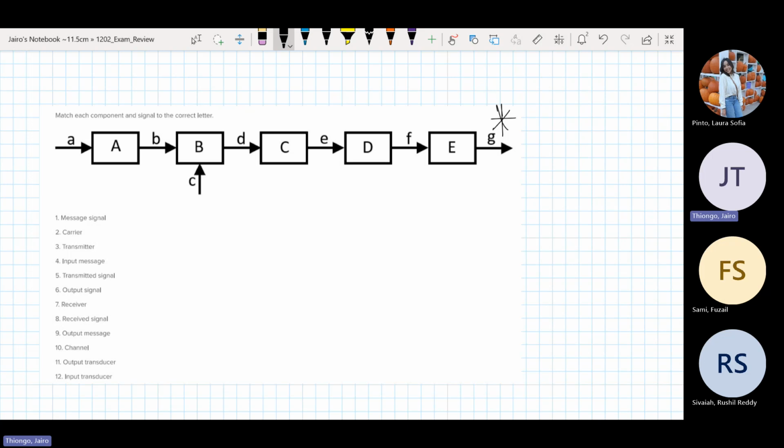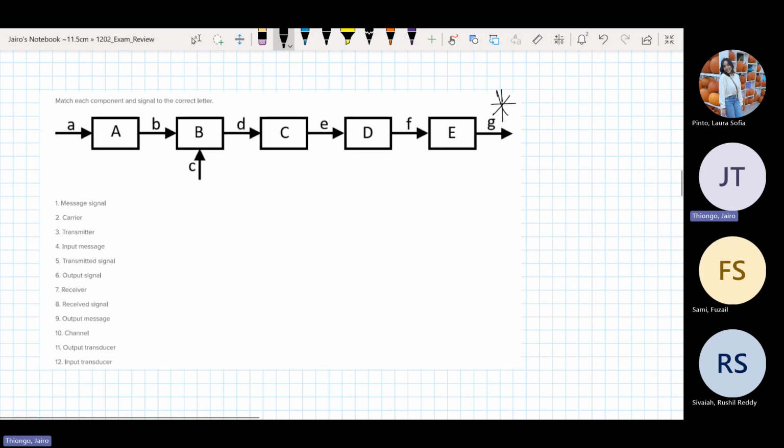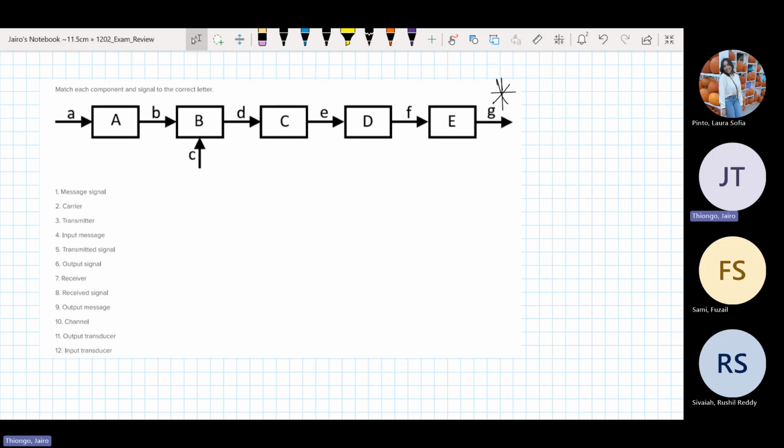So basically what you have to do is fill in what A, B, C, D, and all these other letters stand for. And this is a very important question. It's definitely going to be on the test. Sorry, I'm not the one setting the exam, so I'm not saying it's going to be on the test, but it's something to study for, since it has a lot of parts and definitely has more credit. So let's begin. For this one, we don't have a formula, so you just have to memorize it. So A here is